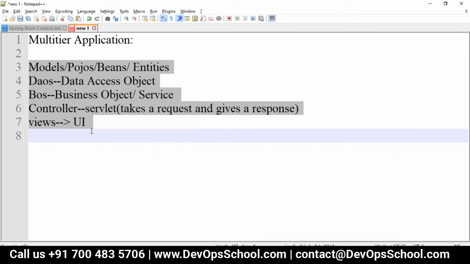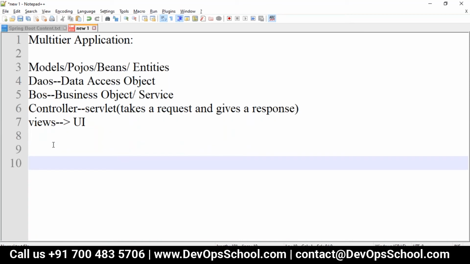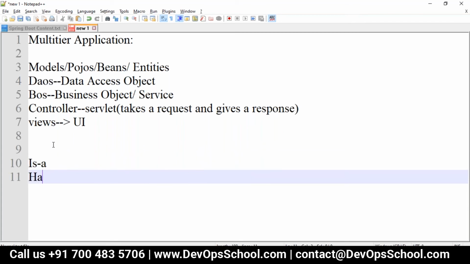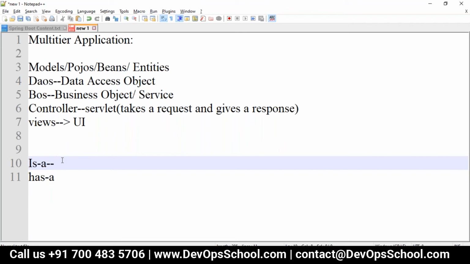When we go with multi-tier architecture, and we construct classes, you will have terminologies such as IS-A relationships, which are generalizations and specializations, and HAS-A relationships. IS-A is inheritance in object-oriented programming.